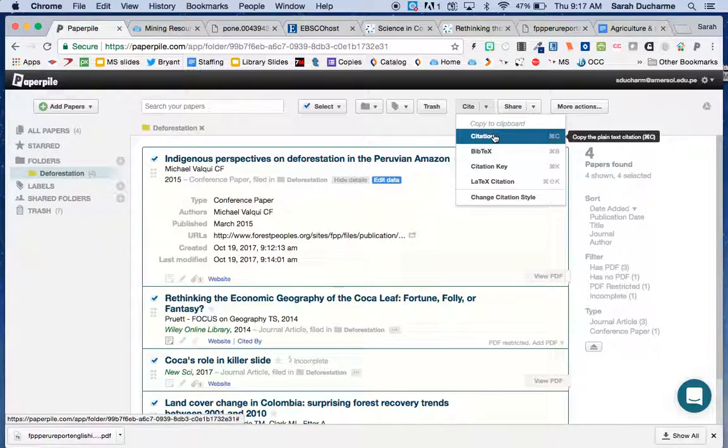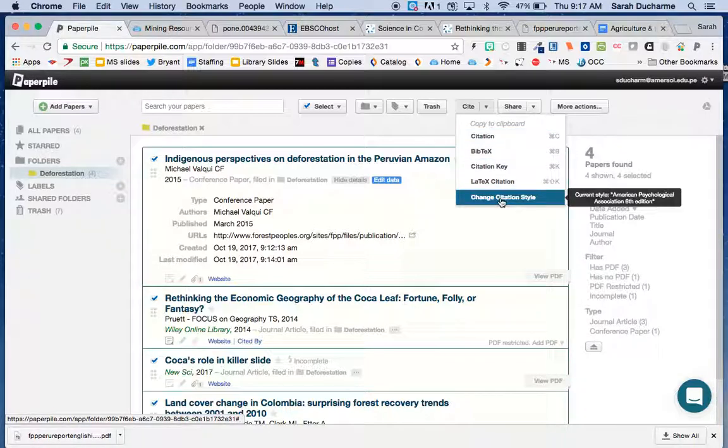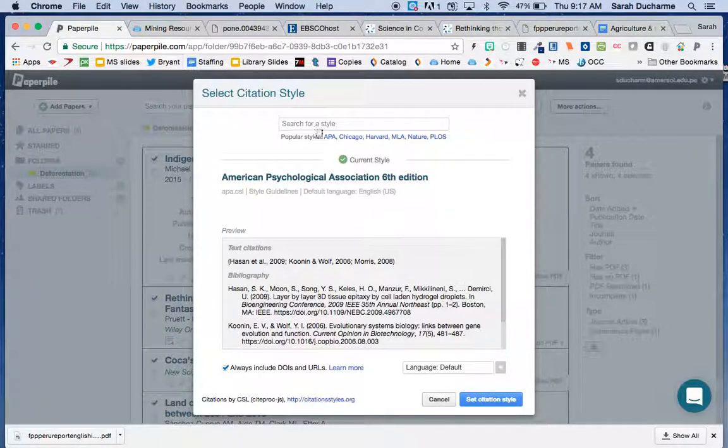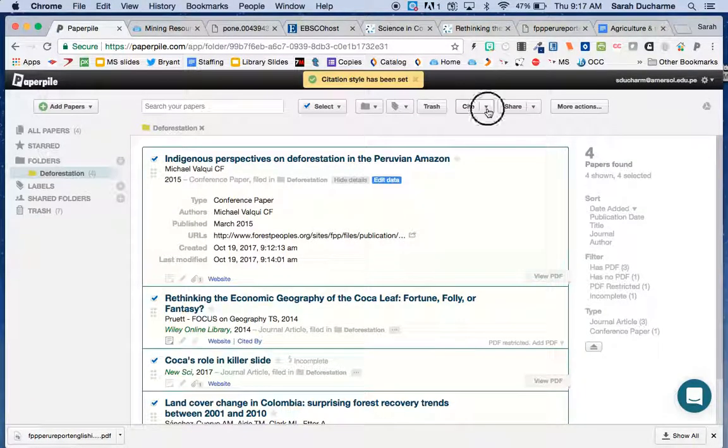So I go to Citation. I've already chosen the style, but let me just show you. I've chosen APA because this is a science paper. If I was doing humanities or any of the languages or history, I would choose MLA. But for science, math, psychology, business, econ, we choose APA. So now I'm going to cite. I choose citation,